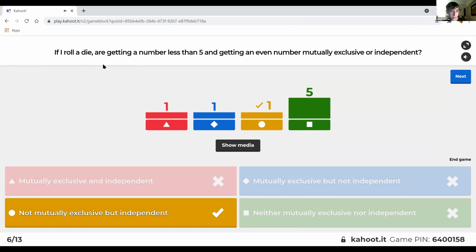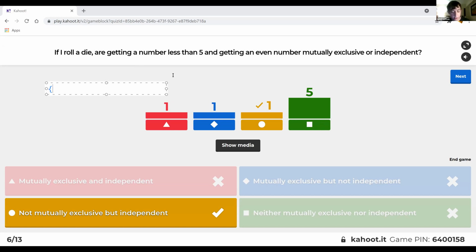Looks like another hard one. Hey, I got this one right. Nice job. So they're not mutually exclusive because you can get a number that's less than 5 that is also an even number. So 4 and 2 both work. The hard thing is you have to figure out whether or not they're independent. So we had one that was kind of like this before where it was less than 4. And in that case, they were not independent. But in this case, if you actually look at it,